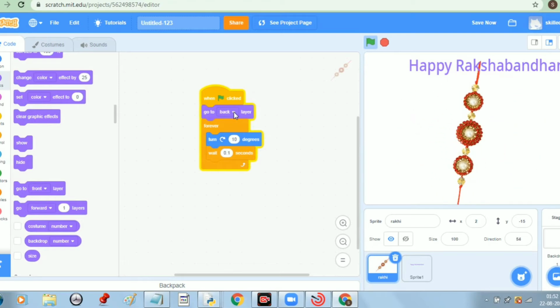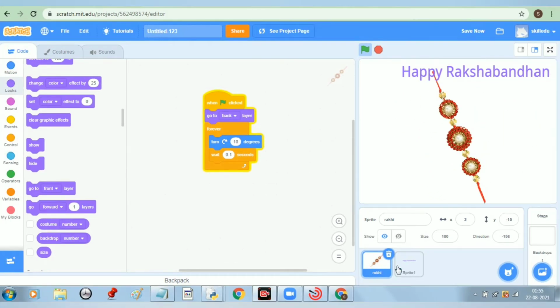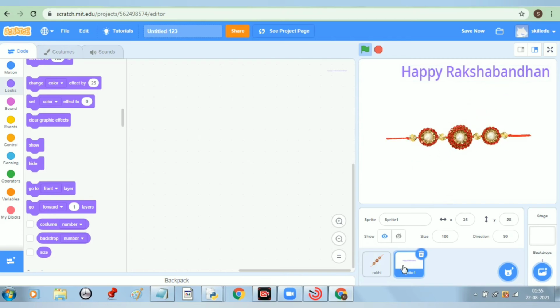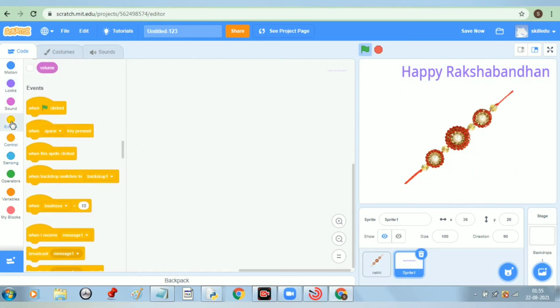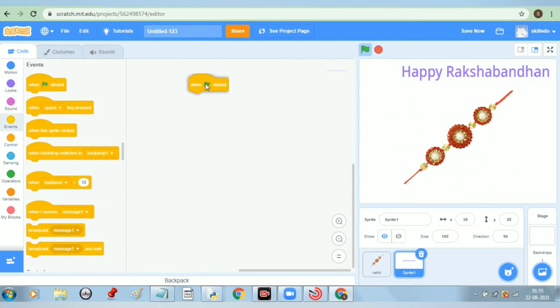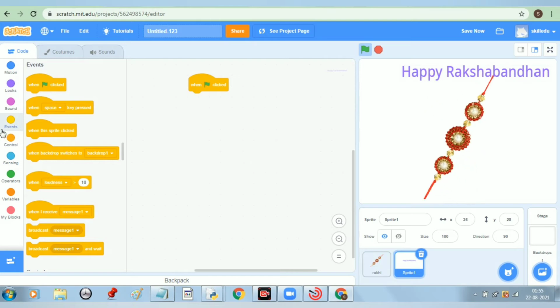Now it is going behind. If you click this front layer... now we need to write code for this text, for this text of Happy Raksha Bandhan. So we will again take this block, when the flag is clicked.